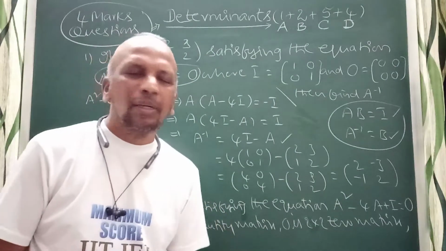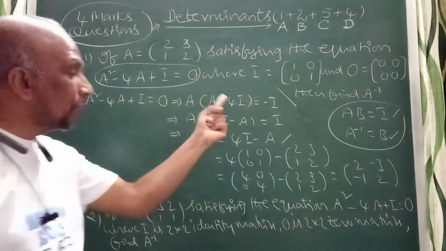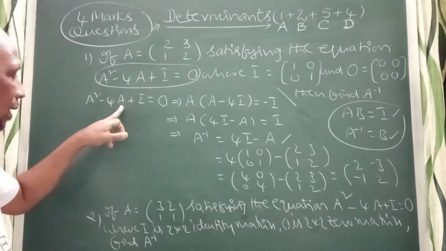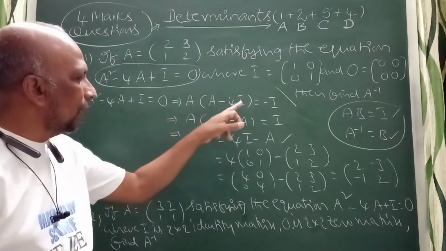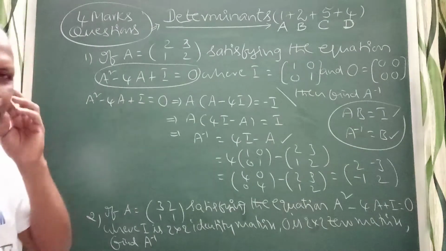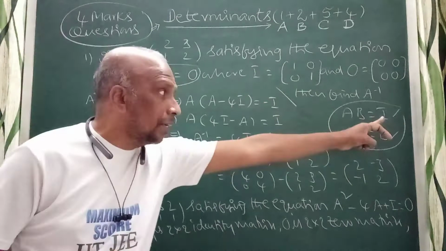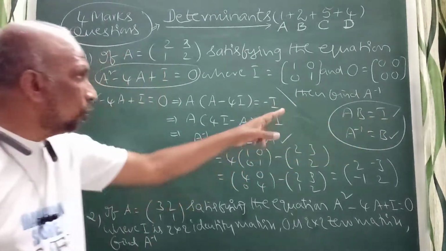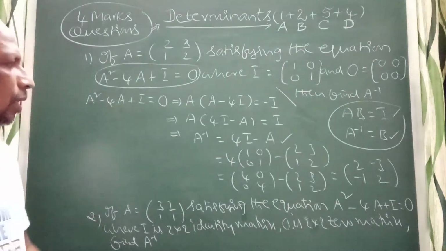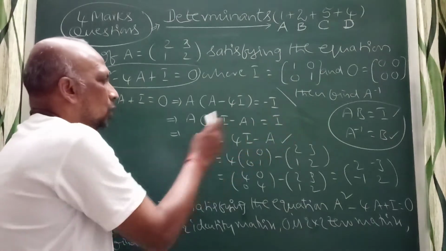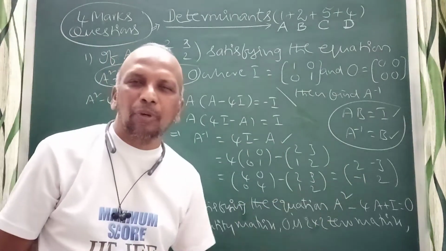I will explain again. Take the given equation, take A common. When you are taking A common, be careful, only one matrix is there. Think about A into I: 4AI is 4A only. Then A times B is equal to minus I, but I want I on that side, so multiply by the negative on both sides. This will become A times 4I minus A equal to I. Then this is AB equal to I, so A inverse is equal to 4I minus A. Then you substitute the values, it gives A inverse.